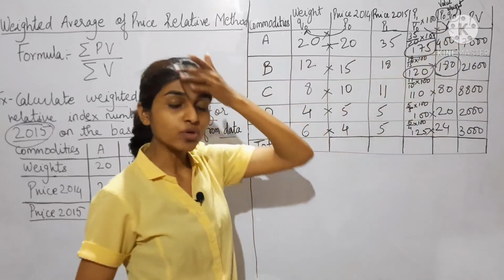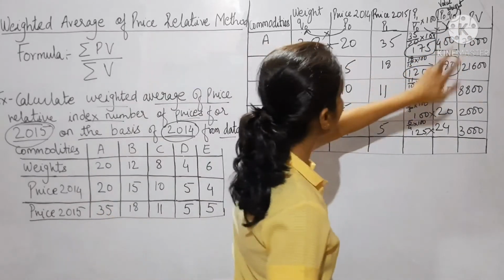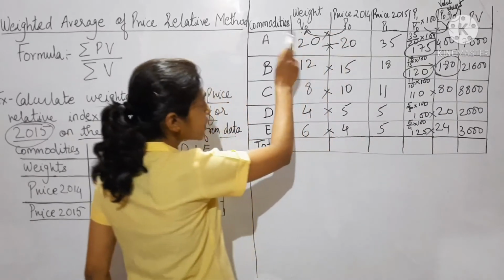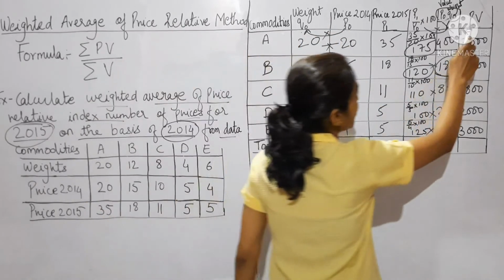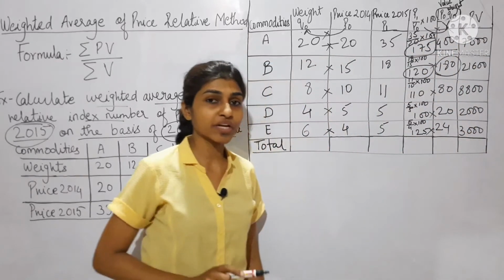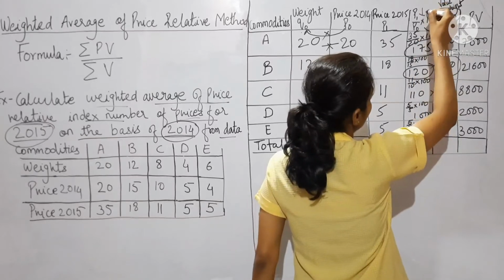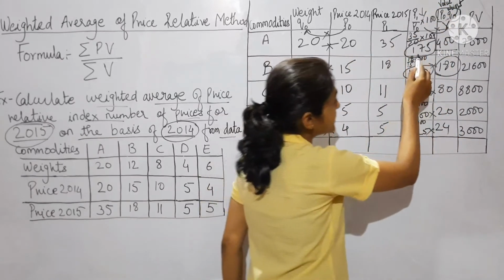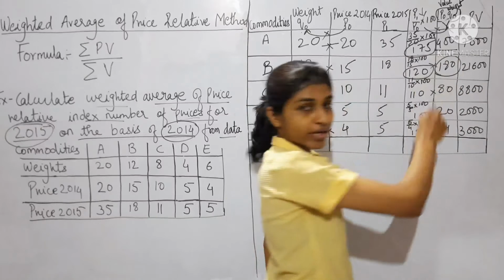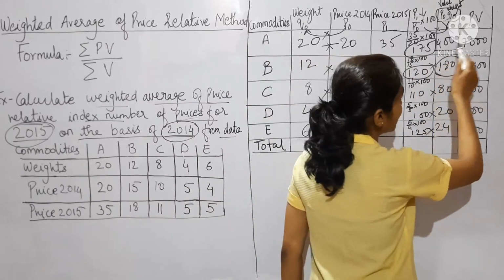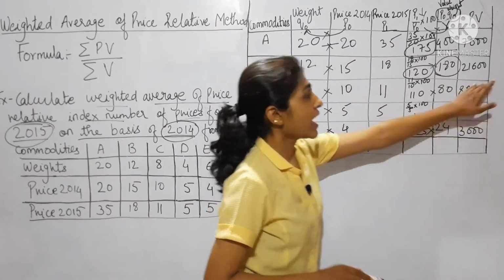Okay. Next P0, Q0, that is value weight. Okay, how you are going to get the value weight? By multiplying the values of P0 by Q0. Okay, and last is what? PV. How you are going to get the values of PV? By multiplying this column, by multiplying the price relative by value V. Okay, so 175 multiplied by 400, 7,000 and so on.